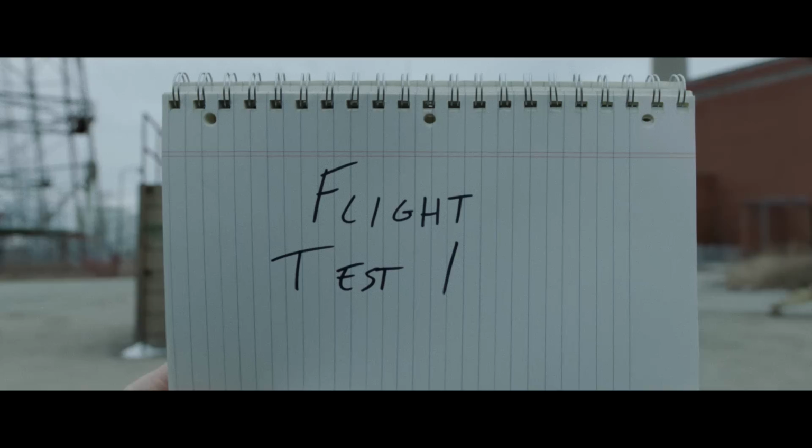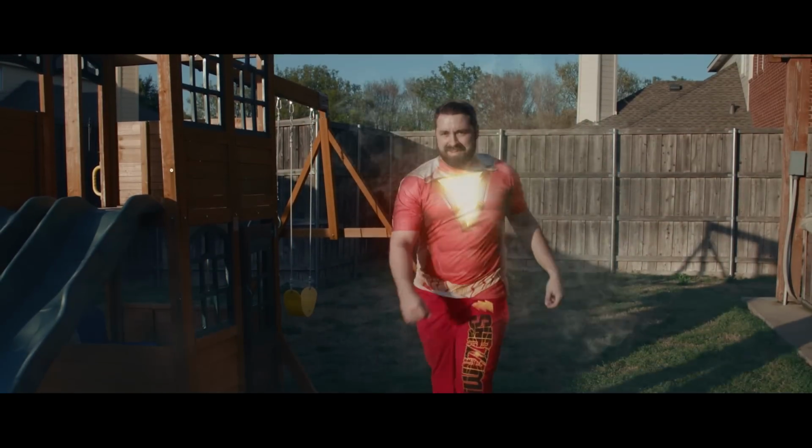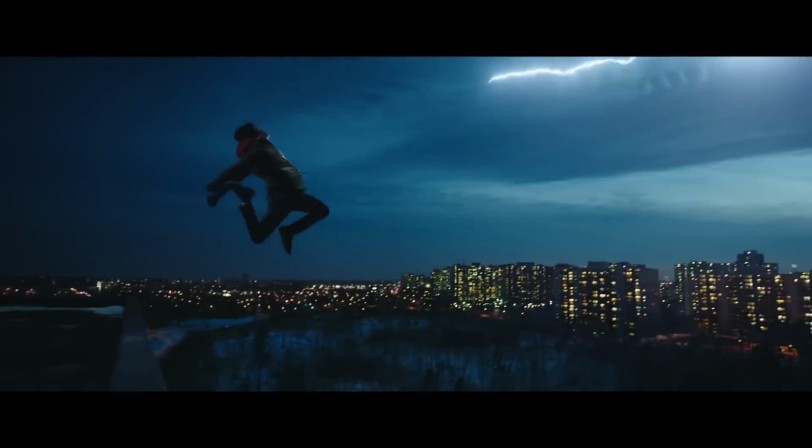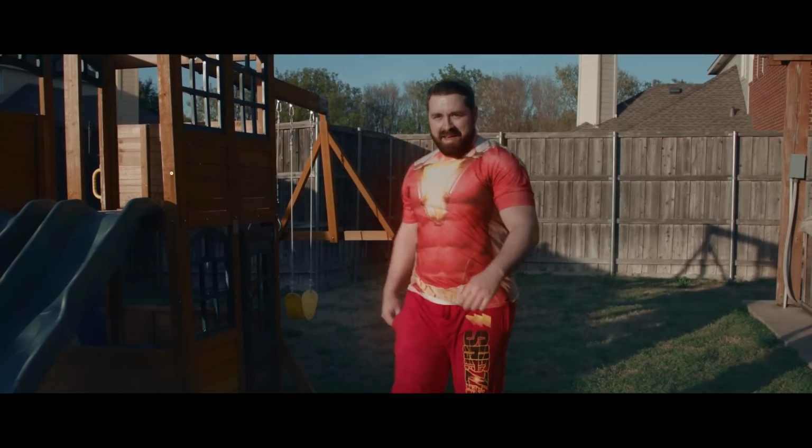David Sandberg's latest film, Shazam, is out in theaters finally, and it's one that we're obviously very excited about, so we wanted to try our hand at making a more simple Shazam transformation. Of course, the version from the film is using more advanced techniques from more complicated software, but we wanted to make something that was more approachable and doable, and yes, in ours, we didn't actually change the person, which happens in the actual film. The effect is way cooler when you do that as well, so...